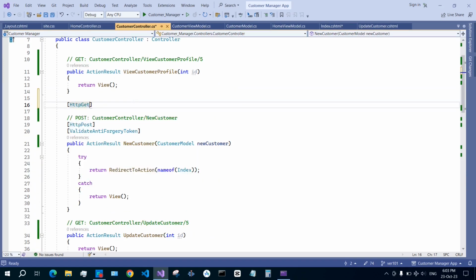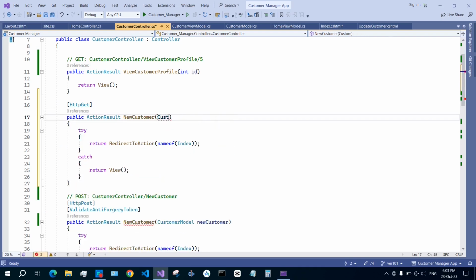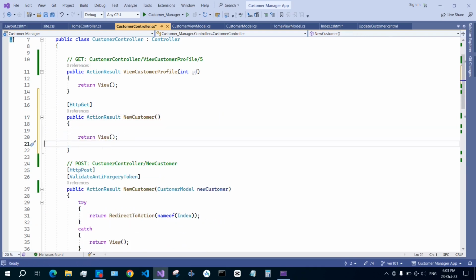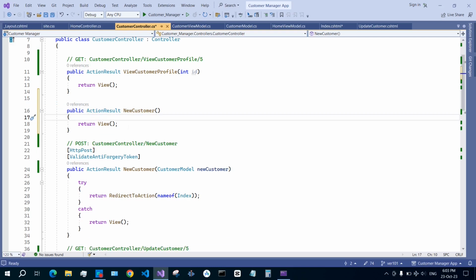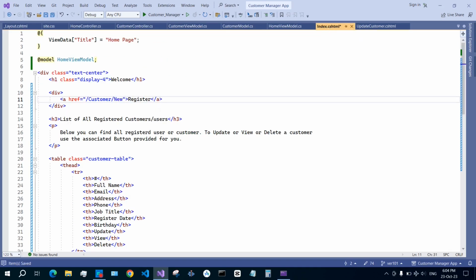HTTP get. Actually this is absolutely not necessary, so when you do not provide anything, it will just return this view. So new customer,